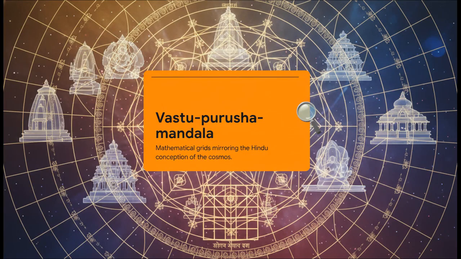Section 2, mathematics of the cosmos, the geometric grid. Now, what's really interesting about this is that housing the divine wasn't just some arbitrary process. It required absolute mathematical perfection. Enter the Vastu Purusha Mandala. Consider this a premium GK fact for those of you who love the details. The architects of these temples weren't just creatively stacking stones. They utilized incredibly sophisticated geometric principles and complex mathematical grids. And these acted as precise blueprints that literally mirror the Hindu conception of the entire cosmos. Every single angle, every proportion, every spatial alignment, it's all meticulously calculated. It's just this extraordinary synthesis where ancient, advanced science perfectly serves spiritual devotion.